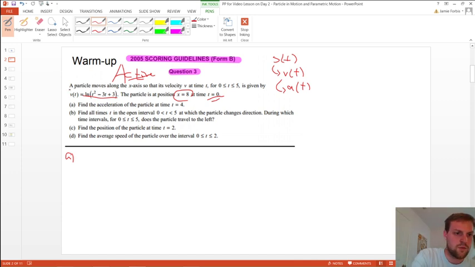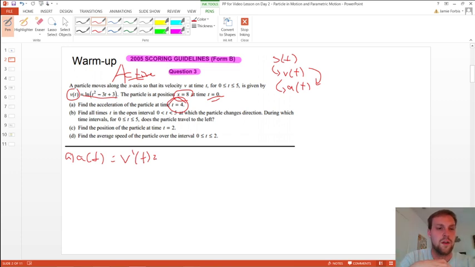We've got the velocity, and the relationship between velocity and acceleration is that I take the derivative. So all it wants me to do is take the derivative of this and plug in t equals 4. We can do this in the calculator, and hopefully you remember how. If not, you can ask me later, but just to show it by hand for future reference: a of t, which is equal to v prime of t, is the derivative of ln of t squared minus 3t plus 3. So that's 1 over the quantity t squared minus 3t plus 3,